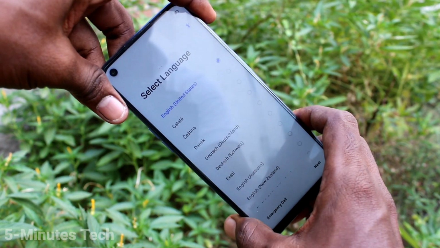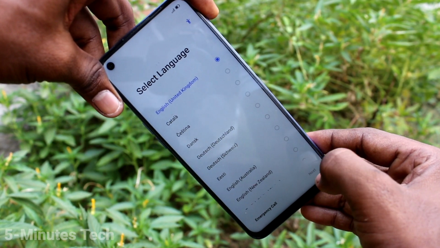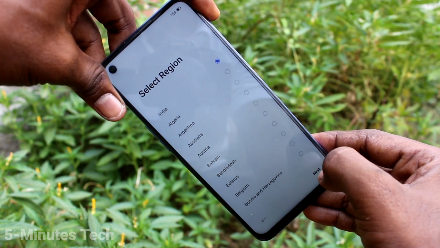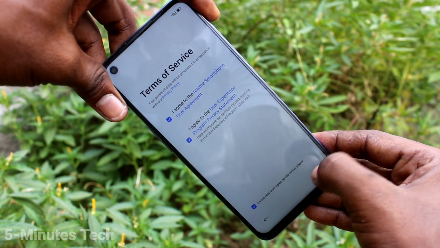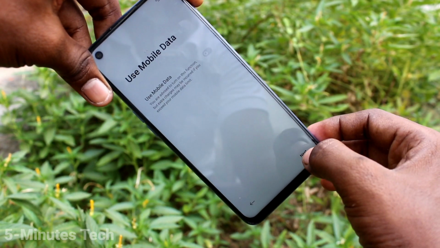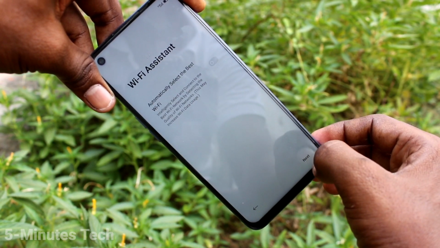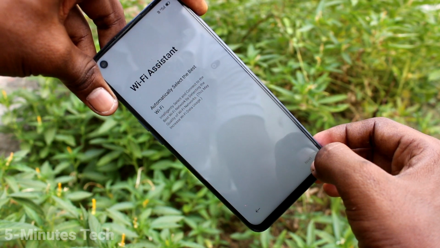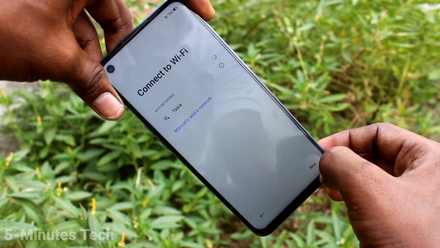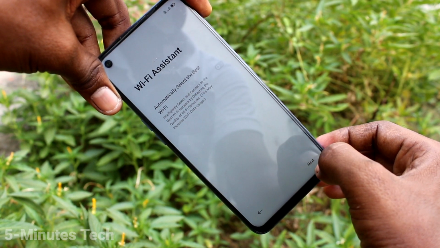Now you have to select the language. Click on next. Click on next. Turn off use mobile data option. Click on next. Skip this step, click on next,